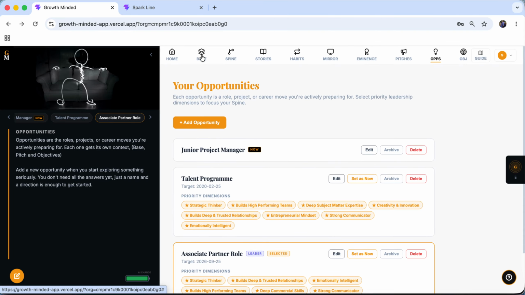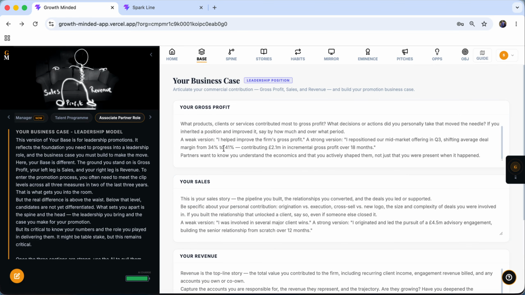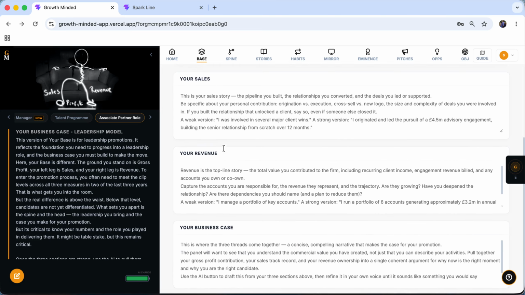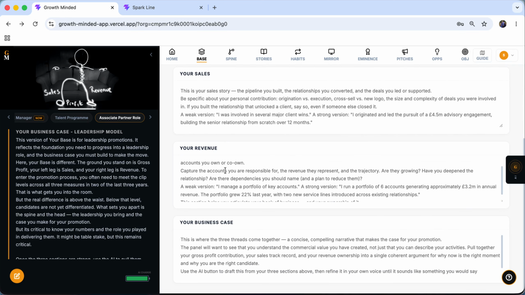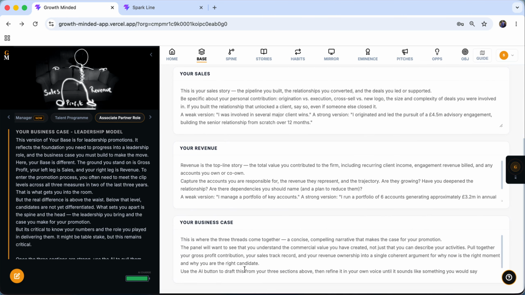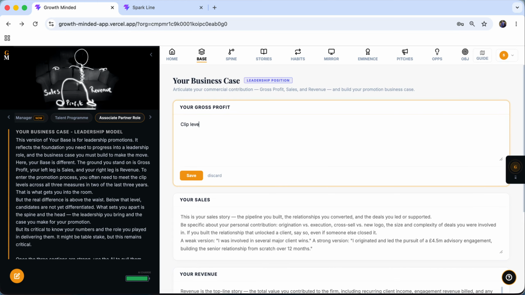So now if I go into the base for that, you can see that we've now got 4 different areas of the base model. There's the gross profit, the sales, the revenue, and the business case. The business case being the pitch behind why you for that particular role. What I strongly suggest in this situation would be for you to put the clip levels that are expected for that promotion. I would expect you to put your last 3 years of performance,